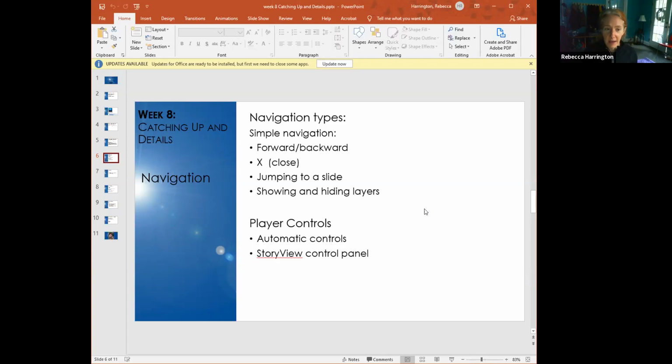So forward and backward in my mind is jumping to a slide, and I like to indicate specifically which slide I want it to go to. Articulate will automatically put a next button to the next slide, but sometimes you don't create your slides in order. So it's one of those places where we can eliminate possible breakdowns and having to redo things. When I'm building my triggers, I'm jumping to a slide and I'm specifying that slide.